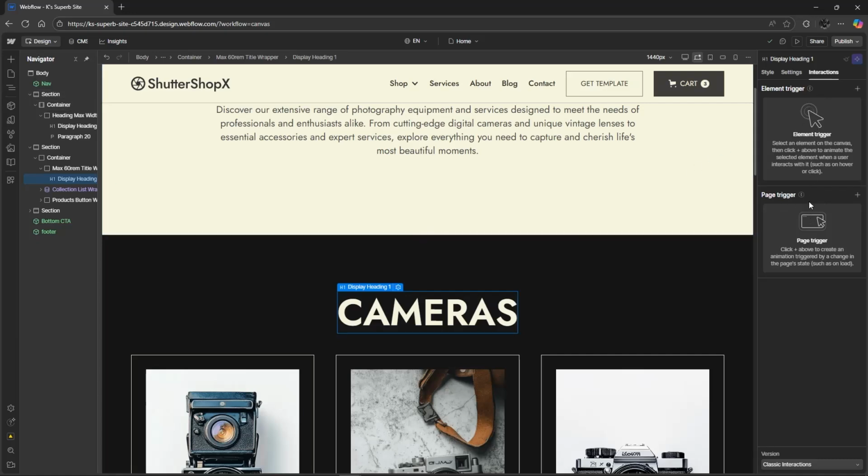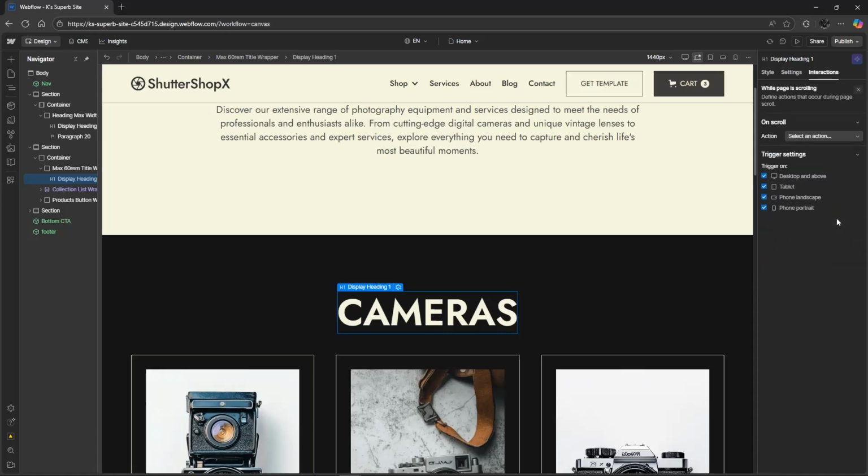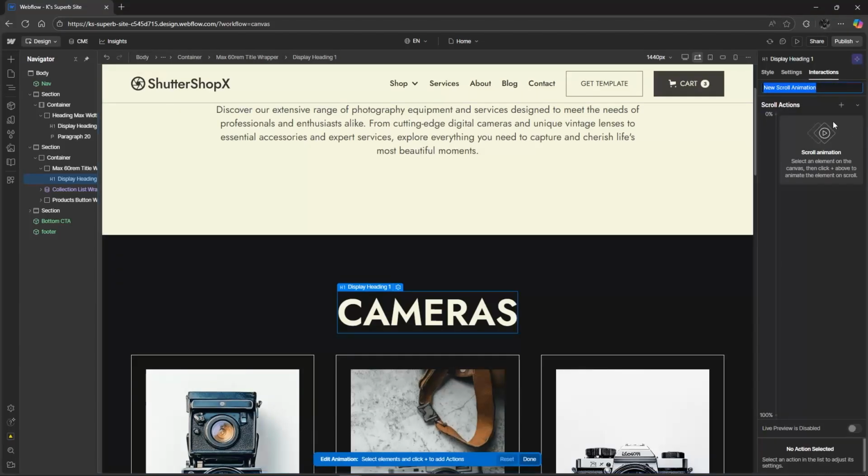So for example, we'll choose page trigger and click on the page trigger or interactions of that specific element and click on page trigger, and we can choose while page is scrolling. Now we can choose an animation and just click on play scroll animation. Now let's add in an animation and click on the plus icon on the new scroll actions and click on